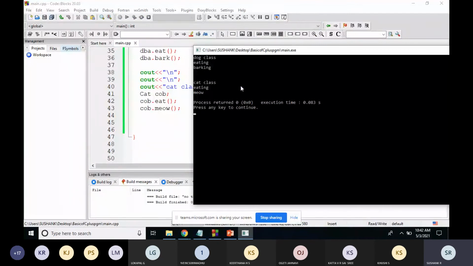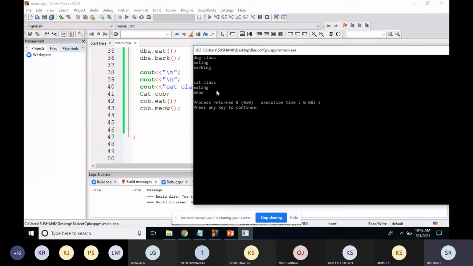With that example itself, I've created one base class called animal and two derived classes called dog class and cat class. Using a dog class object, I am accessing the animal class function and the dog class function. Using cat class, I'm accessing the animal class function as well as the cat class function.